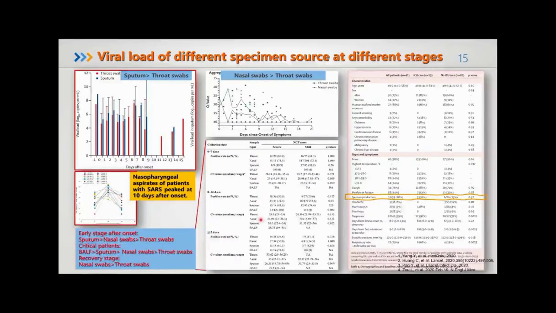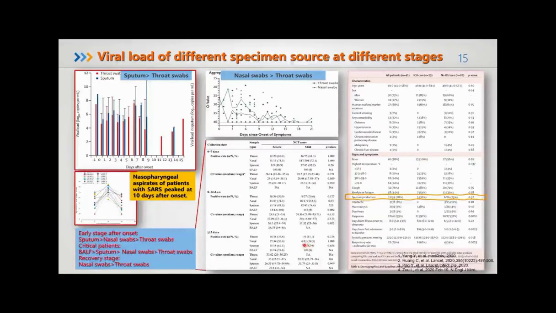For the critical patients, the lower respiratory tract specimens, the BAL, can get a higher positive detection rate. Here's 100%. The BAL is better than the sputum, and the sputum is better than the nasal swab, and nasal swab is better than throat swabs. For the recovery stage,